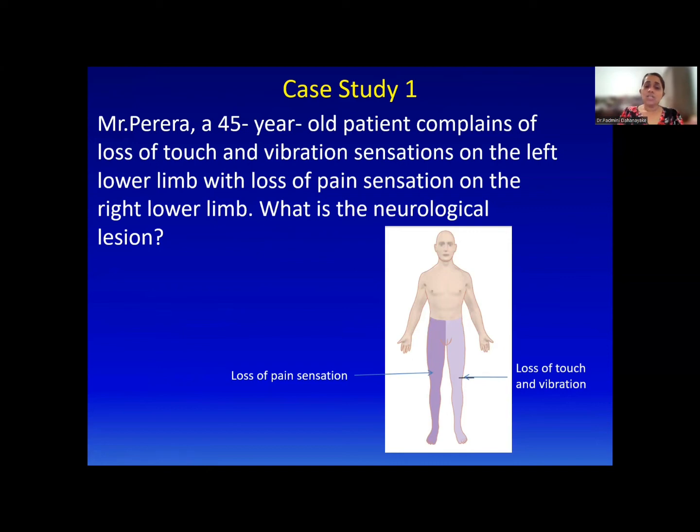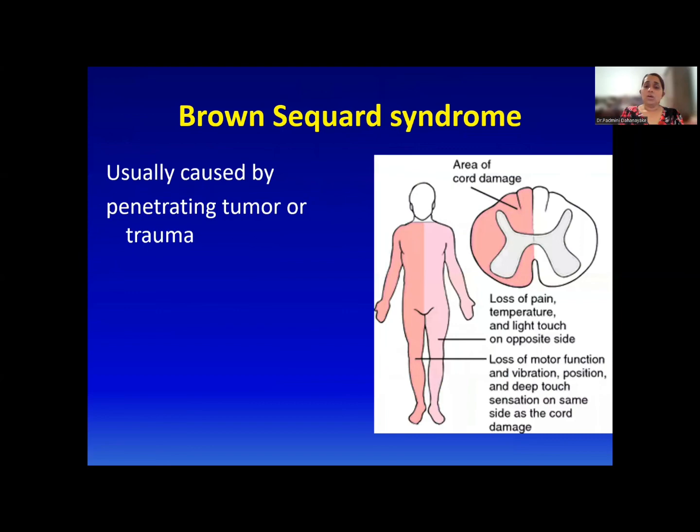Okay, so what is it? This is due to hemisectional damage of the spinal cord. Okay, hemisection is being damaged. Therefore, what will happen? It is a penetrating tumor or trauma that is usually due to a thing called Brown-Séquard